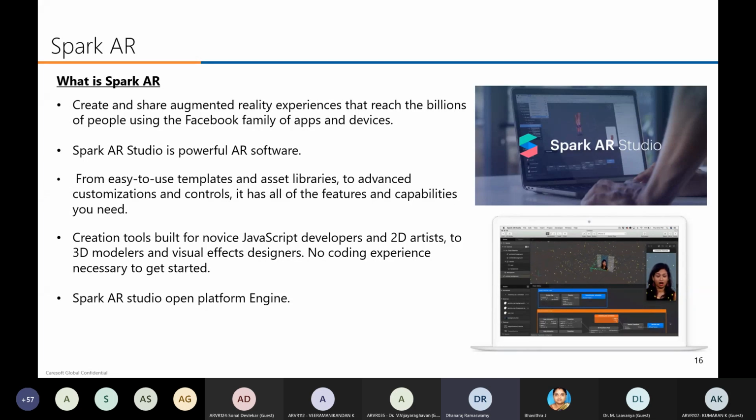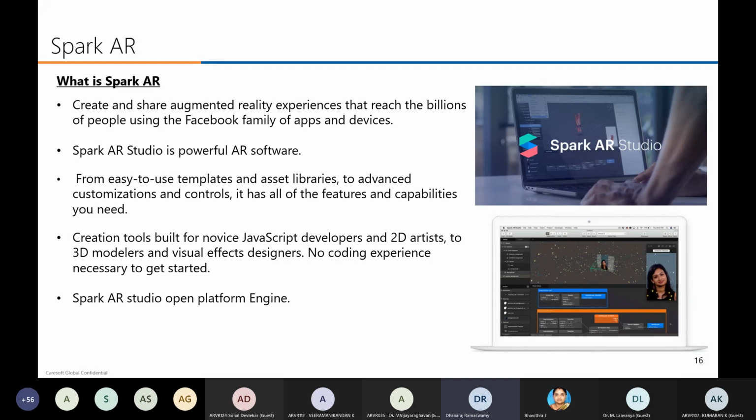And Facebook and Instagram, they are using Spark AR only. I hope most of them are using Facebook and Instagram AR applications to read the face. It's for that development kit they used Spark AR. So I hope next time you are going through the Facebook and Instagram face camera, please remember that it has been developed in Spark AR. So you relate my point while using Facebook and Instagram.